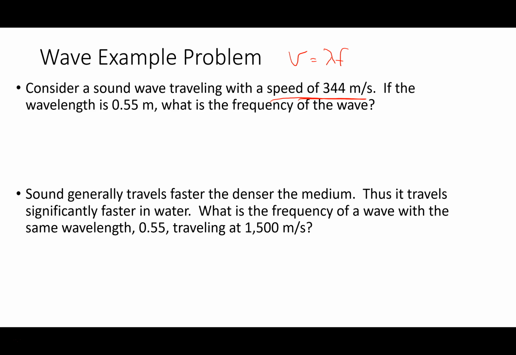So of those 3 variables, which one is that 344? Is it the V, the wavelength, or the frequency? I'm thinking velocity. This is where this sort of problem, I don't know about a picture necessarily, but I'm going to call that speed the velocity. V is equal to 344 meters per second. It's like picking apart, like dissecting.